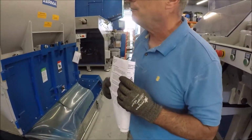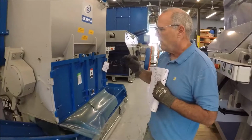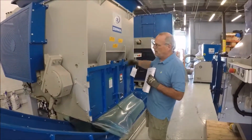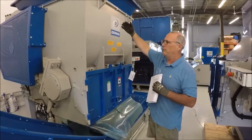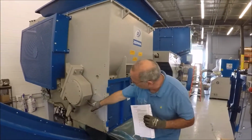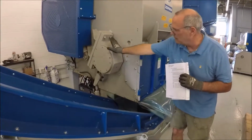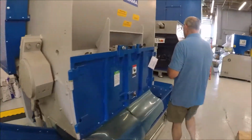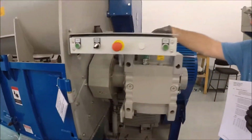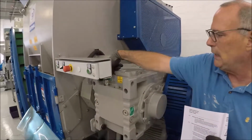The normal time for clean out of this unit, we recommend 2 people do it. One is working on the knives and in the bin, and while the second person finishes cleaning up the bin and rotating it, they're going to go through the procedures of greasing the bearings on the left side, greasing the bearings on the right side, checking your gear fluids, which was right here, to make sure